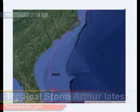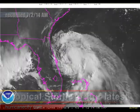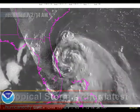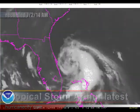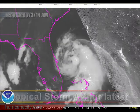Alright, let's take a look at a visible shot of our system, and you can see the visible shot from NOAA. The system looks really well defined. It's beginning to wrap up nicely, and I think once this starts paralleling the coast of the United States, this is really going to wrap up and become a hurricane, because it won't have as much shear from the northwest to deal with. It'll be running parallel to the shear as opposed to directly towards it,